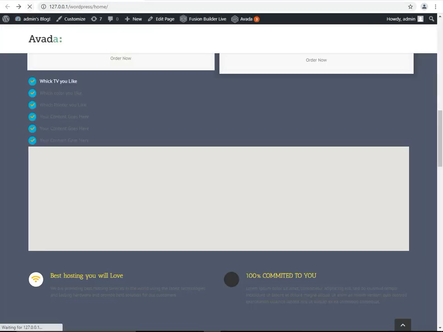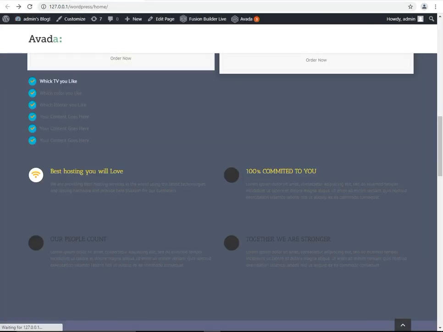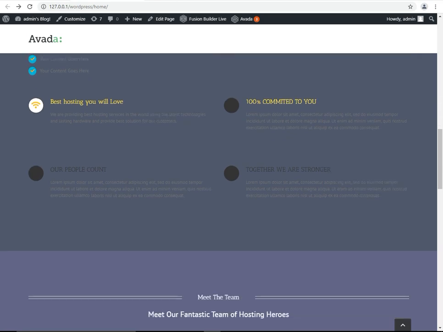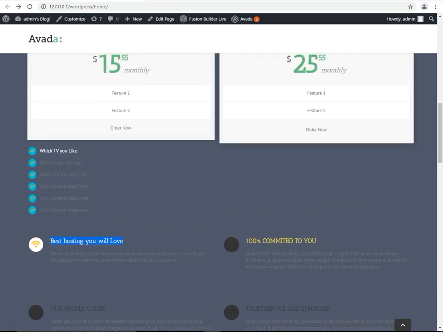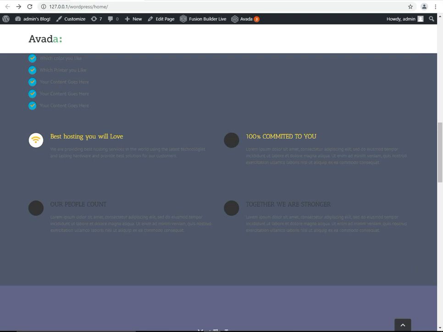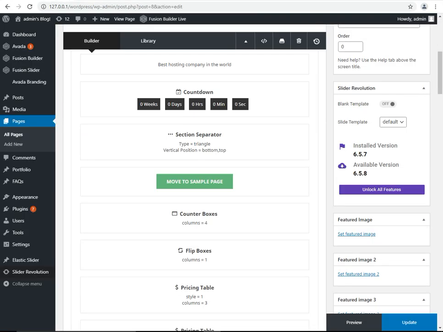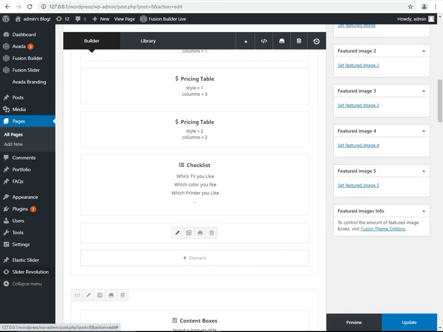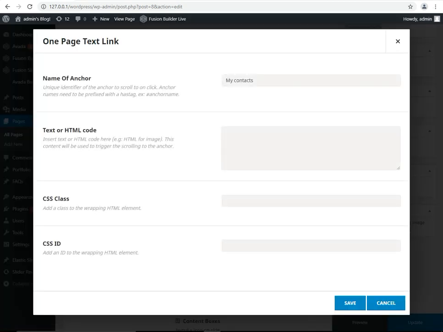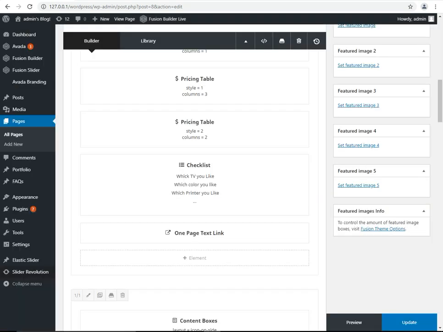I am going to refresh the button. Okay, name of anchor, this is text or HTML code, I am showing it here. Save, update.